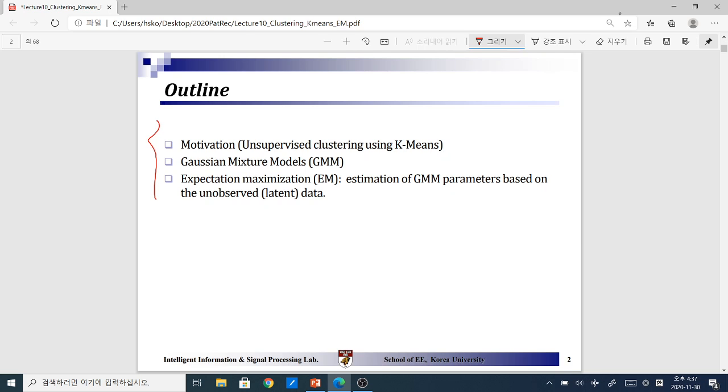So we're going to go through the module by following this outline. We're going to introduce the concept of unsupervised clustering by means of k-means, which is the hard clustering technique, and then get into the soft clustering, essentially to describe what the problem is by means of the Gaussian mixture model. And then we're going to introduce the concept of expectation maximization as a way to estimate the latent parameters, so that we can do the soft clustering.